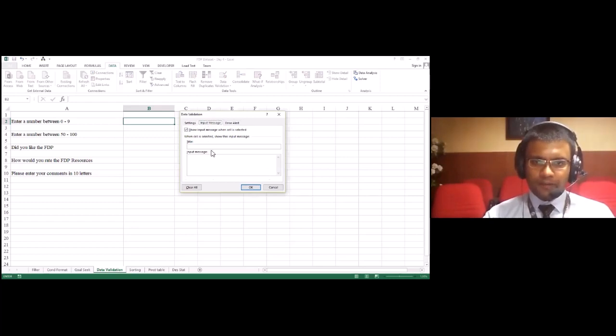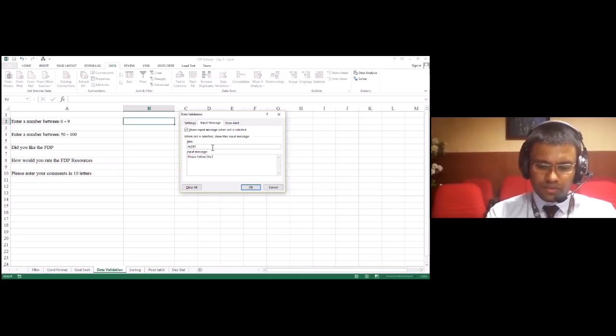Now I have an option of creating an input message. That is, the moment I hover my mouse over the cell, it will give me a highlight. So I'm going to say here, please enter number between